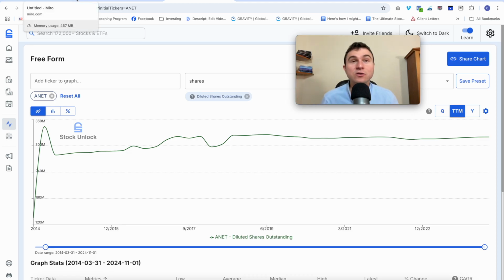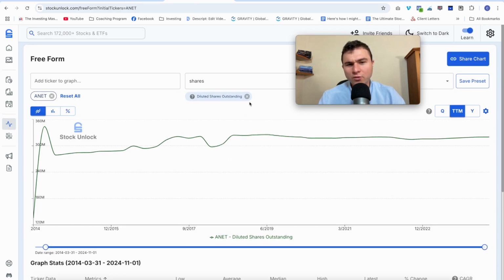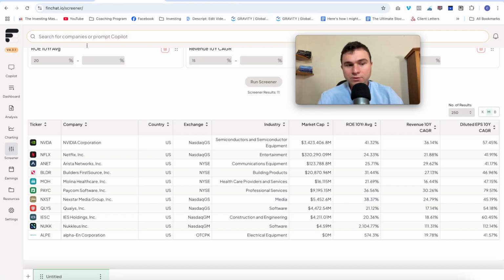Check everything either on GuruFocus, or if you want to check 10 years, 20 years, you have Stock Unlock. You have FinChat that does it, but I prefer to use Stock Unlock for key metrics like this. So you have an understanding of all the metrics. And again, if I don't like the metrics, it's a pass, and I go to the other stock. If I don't like what I see, it's a pass, and I continue with the other one. I dismiss the idea as fast as possible. That's how I do it. So I only keep the best, the greatest stocks that have no difficulties whatsoever.